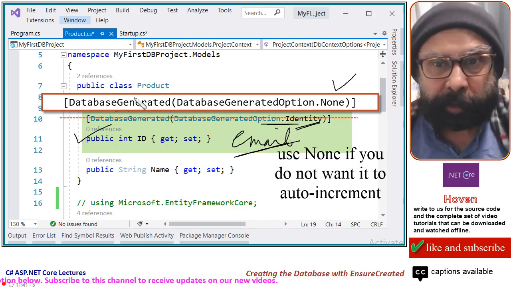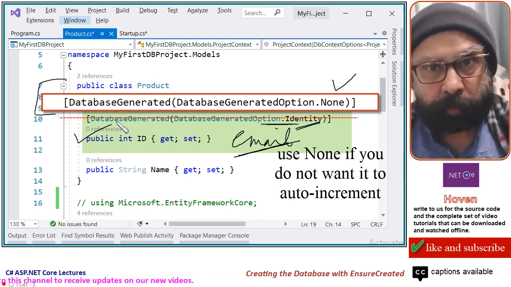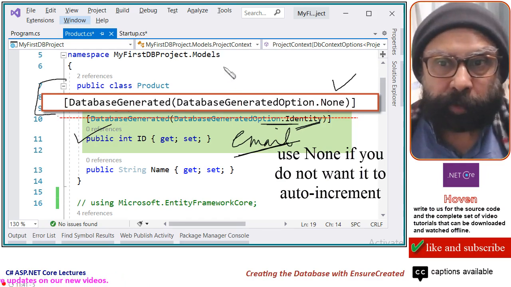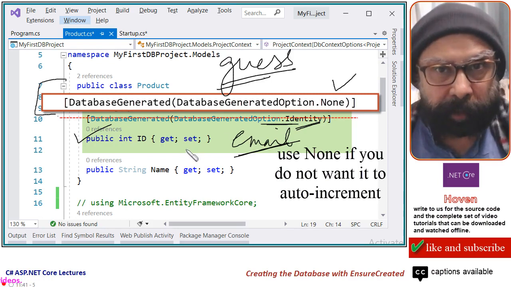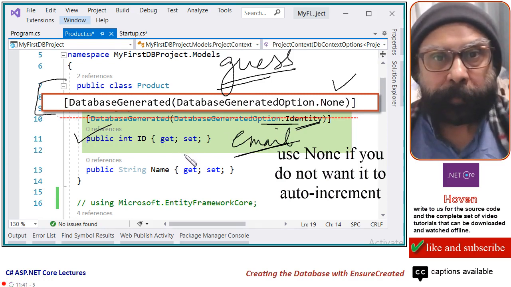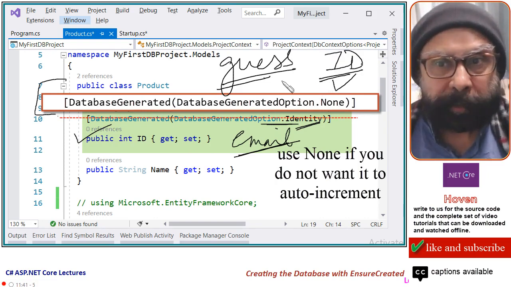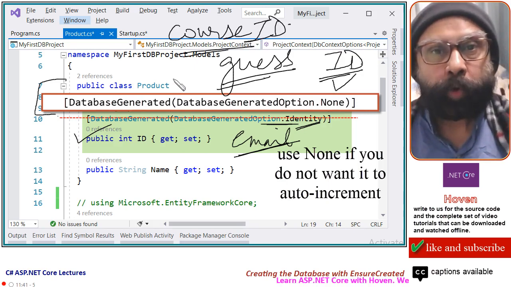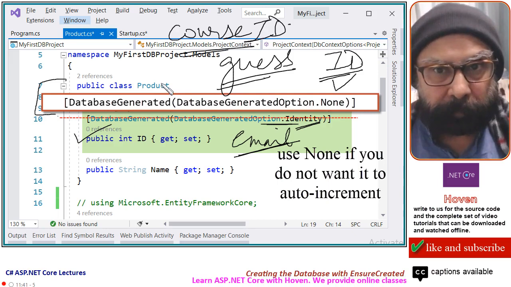This annotation can in fact be skipped also, because Entity Framework Core has the ability to guess a primary key. If a property ends in Id, like CourseId, then Entity Framework Core is smart enough to guess that key as your primary key.